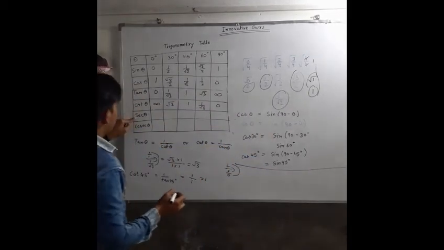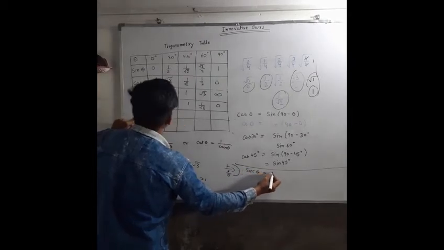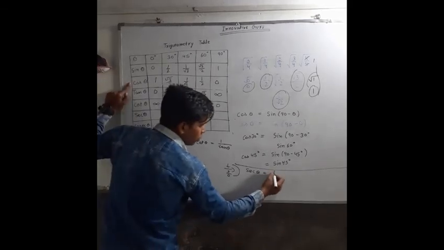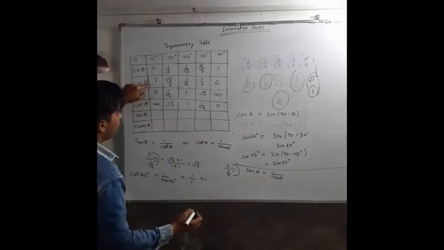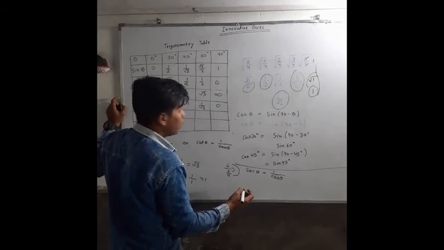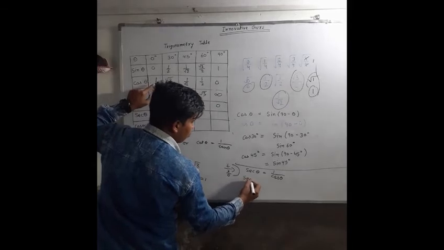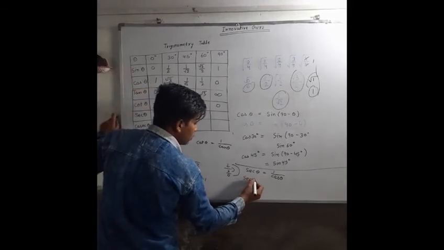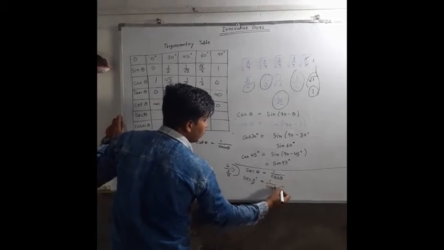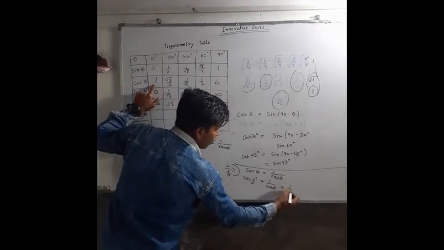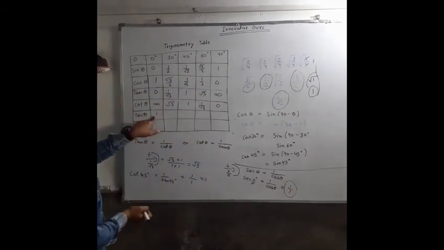Now focus on the next one. What is the formula of sec theta? sec theta is the reciprocal of cos theta, 1 upon cos. Once you solve the equation, you will get the value of sec theta. So sec 0 means 1 upon cos 0. So what is the value of cos 0? It's 1. 1 upon 1, obviously the answer is 1. Whenever you solve this equation, the answer would be 1.